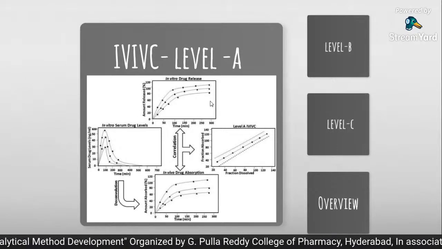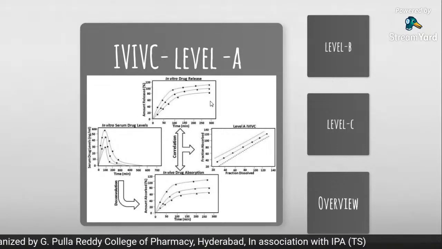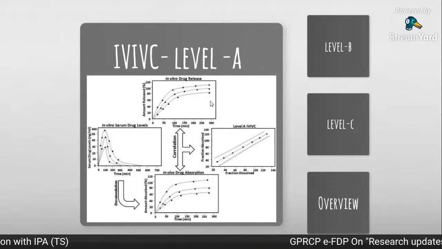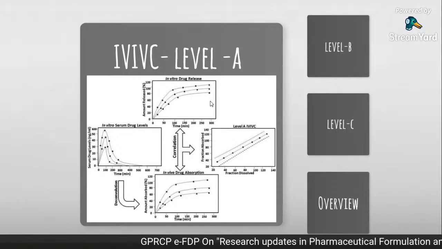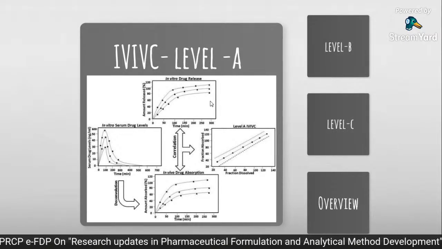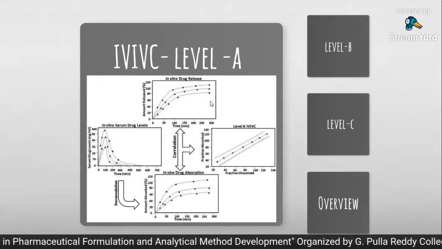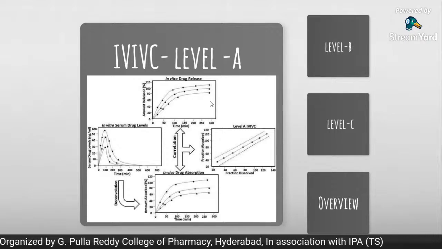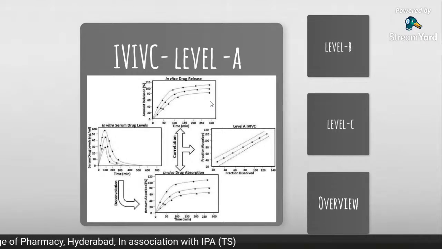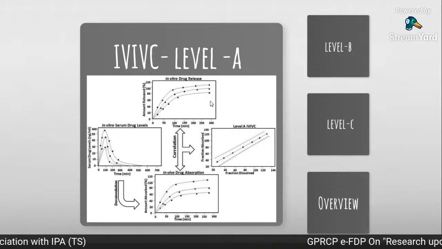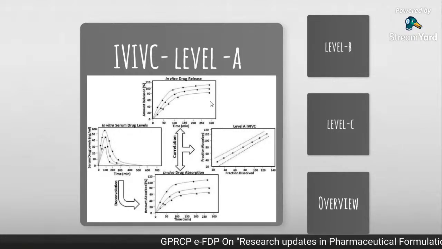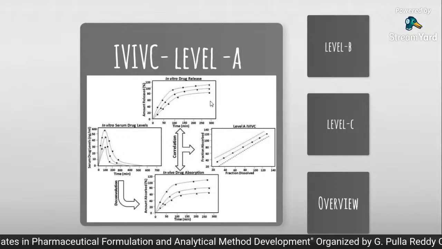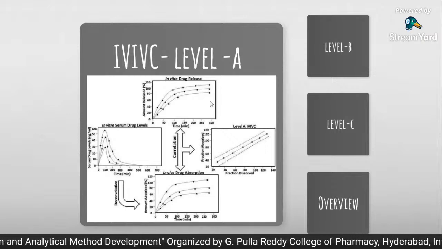In different medias, you start from 0.1 normal HCl and then go up to 4.5 pH, then 6.8 pH, 7.2 pH, 7.5 pH. Because the GIT has pH in ascending order, starting from 1 pH and ending with 7.5 pH. In the entire GIT, we don't know from which part of the GIT the drug is going to absorb. And the prescribing conditions, is it to be taken on empty stomach or in fed state? We don't know. If you know, accordingly we have to decide the pH at which it is going to dissolve, the pH at which it is going to absorb. So that's why we need to perform the dissolution in various medias.